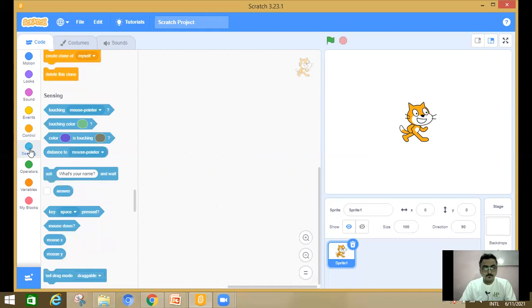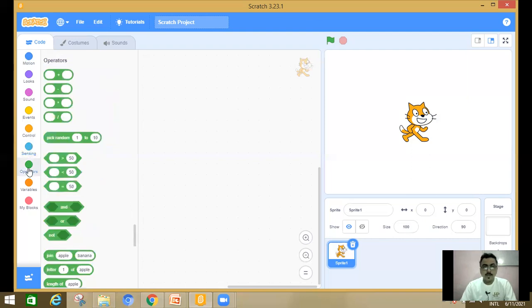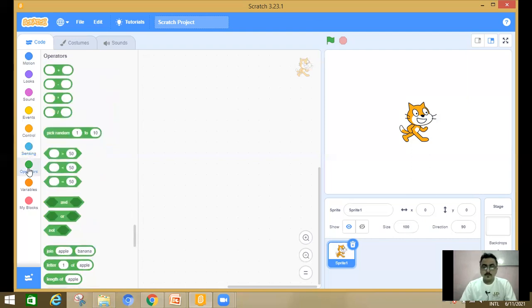Sensing: if you want to take some input from the user or sense something from your program, then this block can be used. Operators: if you want to apply some operators, whatever we read in Python, arithmetic operators, relational operators, that can be done.